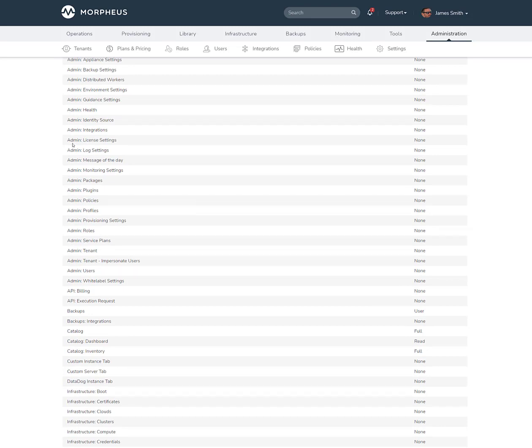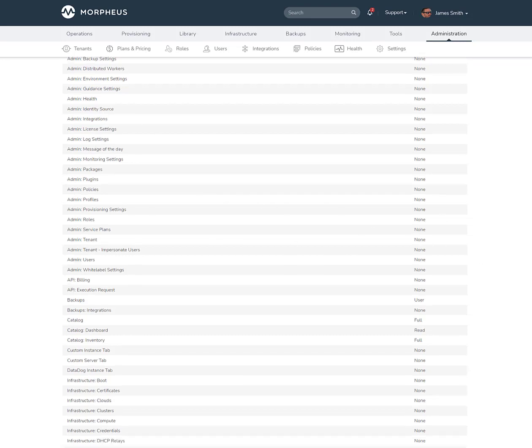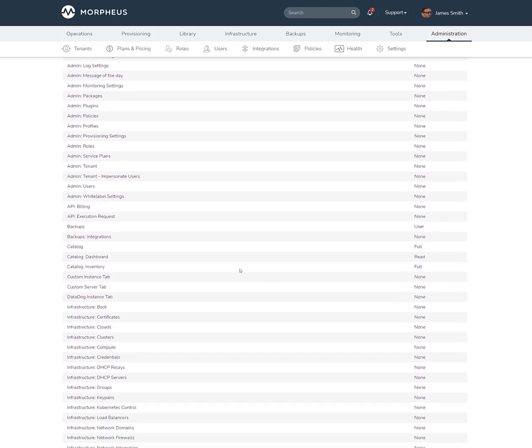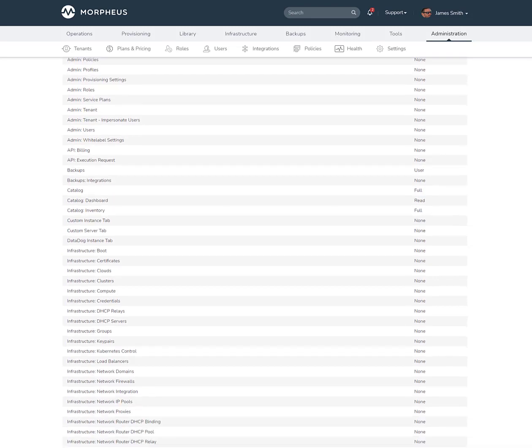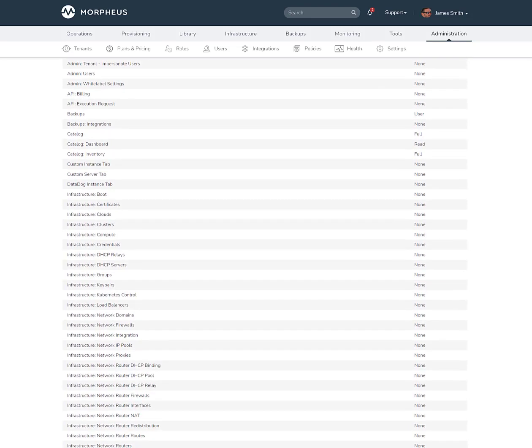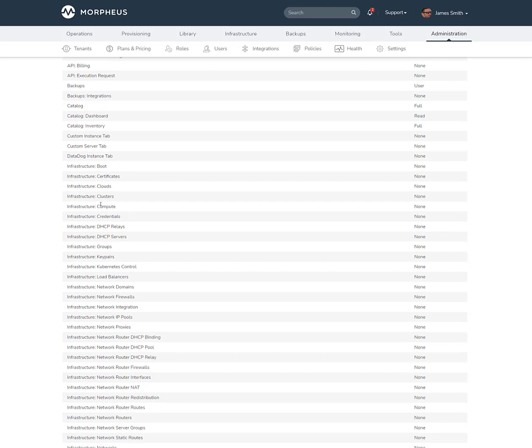But yeah, administration, setting up things like distributed workers, which are the ability to have remote functions of Morpheus inside secure areas and connecting back to a centralized Morpheus server to provide a very capable extension of Morpheus through the ability to do integrations, through setting up message of the day, through things like white labeling, which you'll see in action in a moment, where we can rebrand the product,